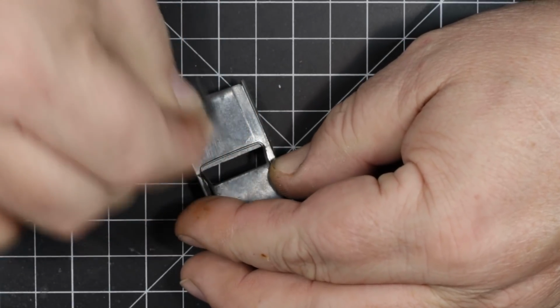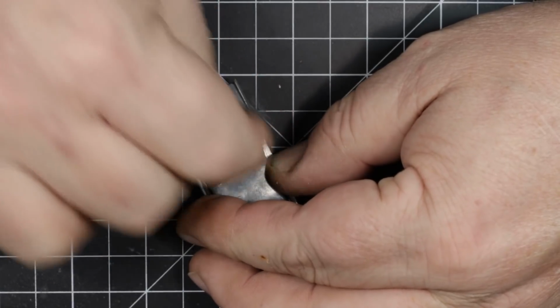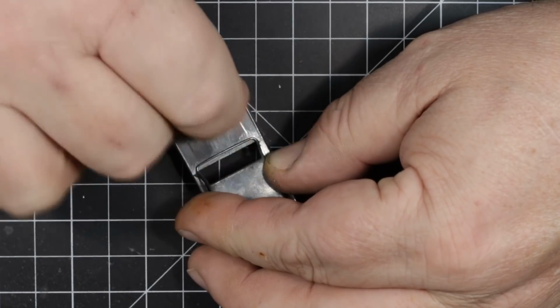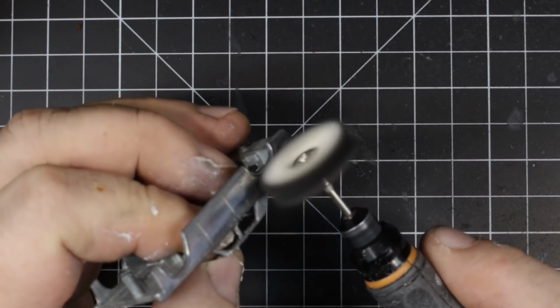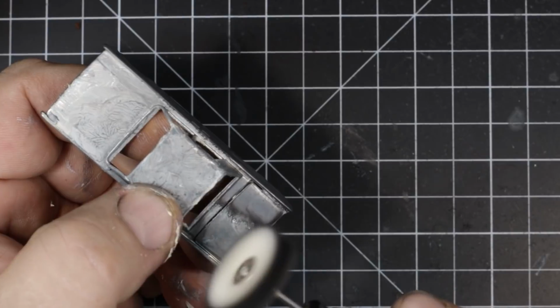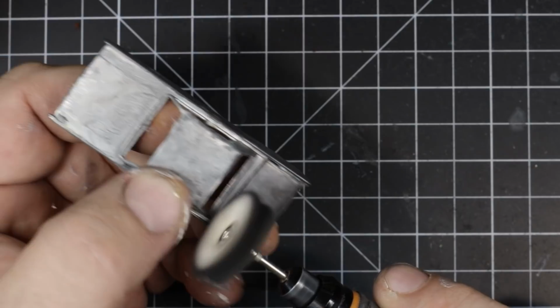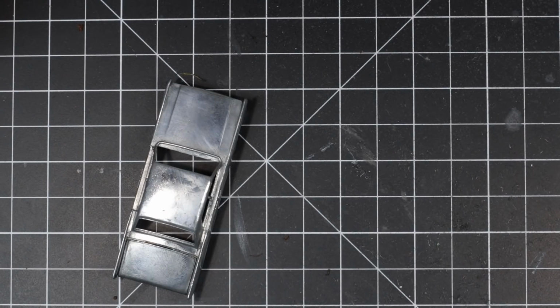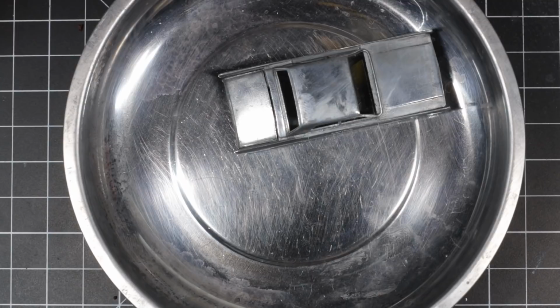And it wouldn't be a casting, I don't think, that I would ever try to use SpectraFlame directly upon, because if you look, you can see as I clean it here that there's a lot of little staining here and there on the casting, and that would come through the SpectraFlame fairly easily. And, I always polish. It doesn't take that long to do, and it really helps the finish. But yeah, if you look at it there, you can see, there would be quite a bit of work involved in trying to shoot SpectraFlame on that without some type of an intermediary